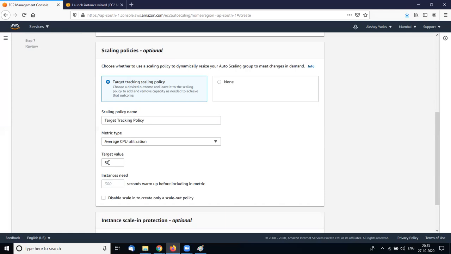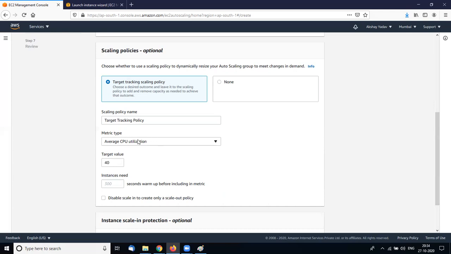Here I select my auto scaling CPU utilization value. Maximum value is 40. When it crosses 40, auto scaling launches the instance automatically. 40 means 40% CPU utilization.